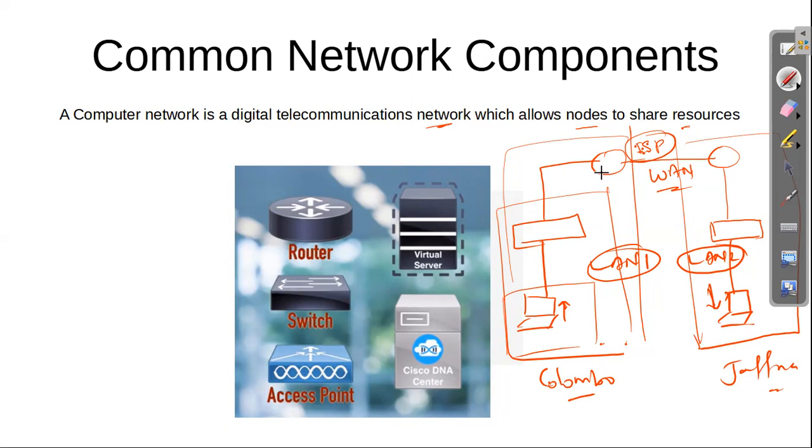A LAN is a single broadcast domain, right? This is up to here, up to the default gateway interface. It is called a LAN. Why? Because if you send a message from here, the switch will send the message up to this point. The interface which is facing our local area network is called the default gateway. Default gateway to this network, okay?